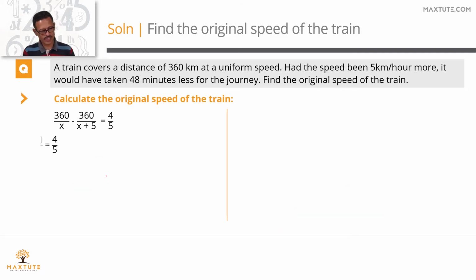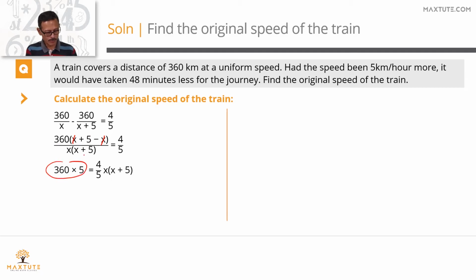Quickly summarize it in a printed form. Taking x into x plus 5 as a common denominator, I'll get 360 times x plus 5 minus x. These two will cancel, so 360 into 5 is the numerator part. We cross multiplied this. This 5 goes here, this 4 goes here, this x into x plus 5 goes here. So this is an 1800. Cross multiplying this 4 by 5 as a 5 by 4 to the left hand side. Expanding this will cancel to leave us with a 2250.